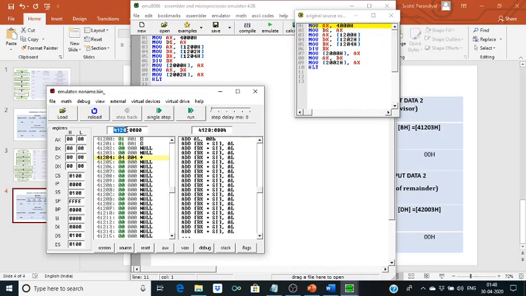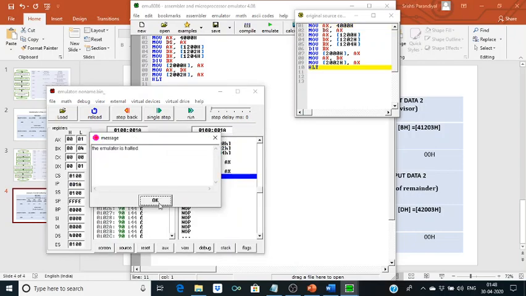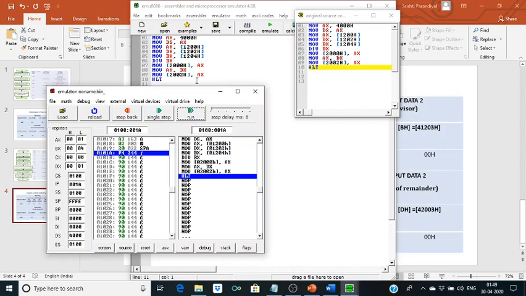So we will go to our code segment 0100. So now we will run it. Now we will check data at 4000 and 2000.